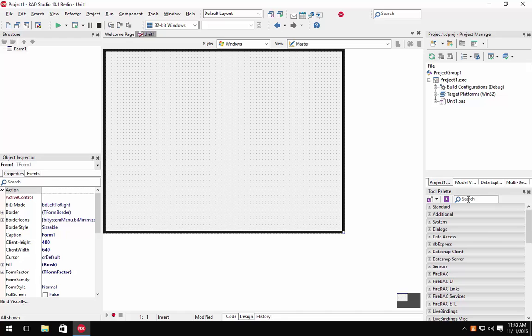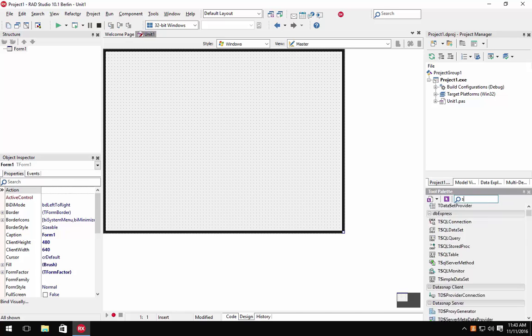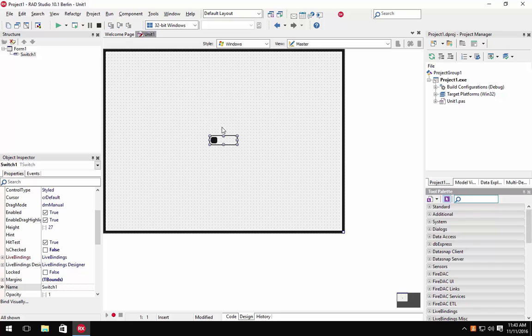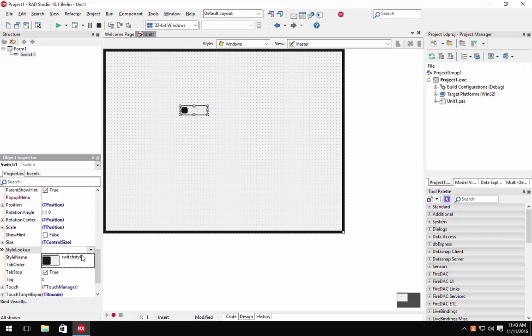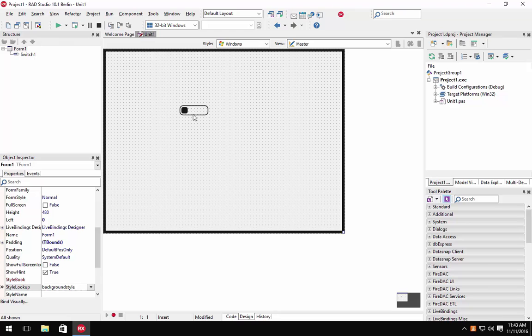So in this case, what I want to do is create a custom style for my Windows application for the T-switch control. If I drag and drop T-switch onto my form here, you can see that if I select the Style Lookup menu, I have a single style option. What I want to do now is apply a modern Windows 10 style to this control and then customize